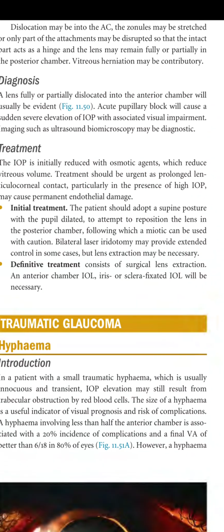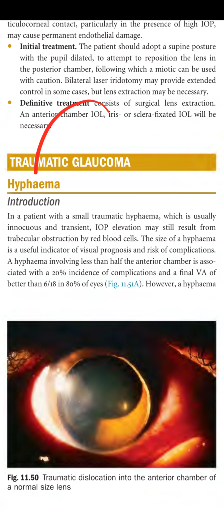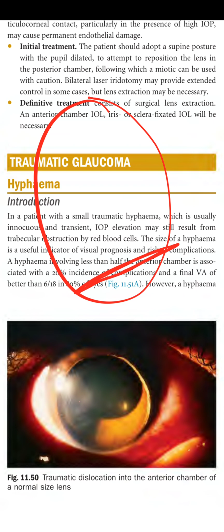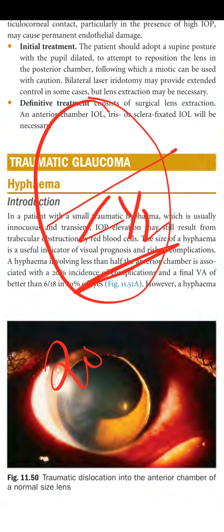6/18 in 80% of the eyes. So basically the writer is trying to say that if the hyphema is small, then it is not much of a problem, and visual prognosis is good in these cases. If the hyphema is less than one half, there is a 20% chance of complications, and final visual acuity will be better than 6 by 18 in 80%